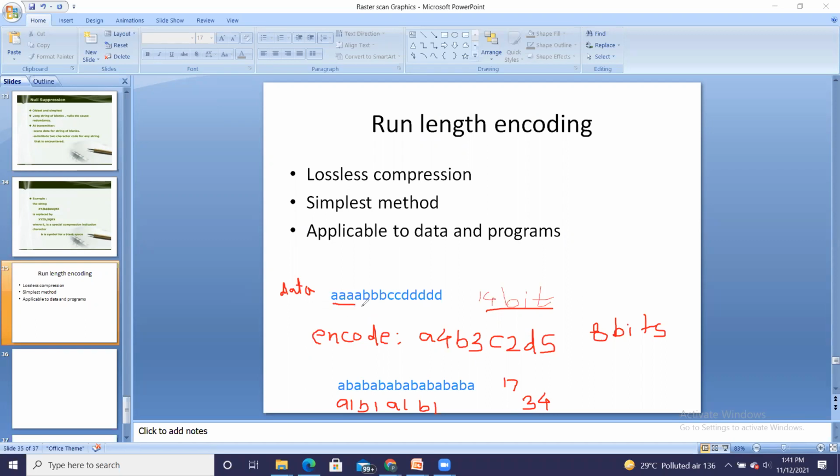Redundancy of A is grouped together. Redundancy of D is grouped together. So in such examples, you will get a reduction in the required size of storage. But if the redundancy is not grouped together, AB, AB, AB, that is alternate redundancy, then the required size will not be less than the actual size. Definitely it will be more.